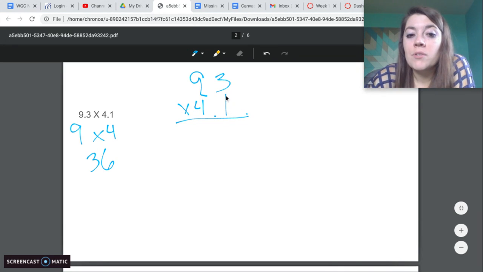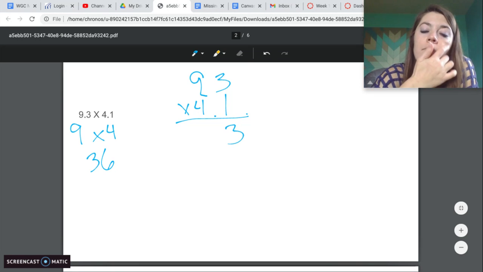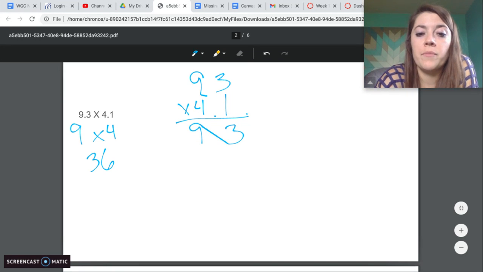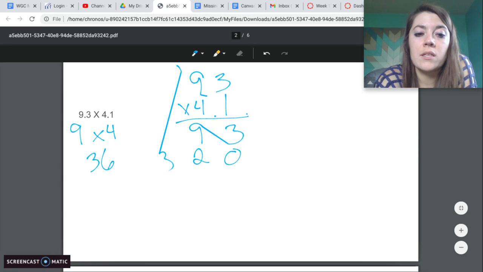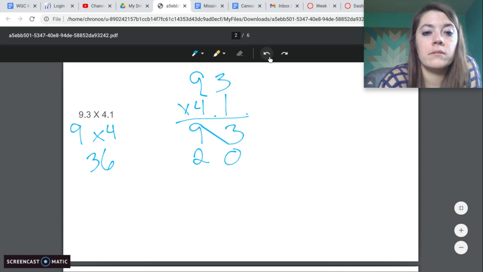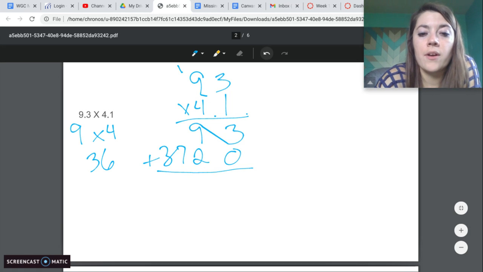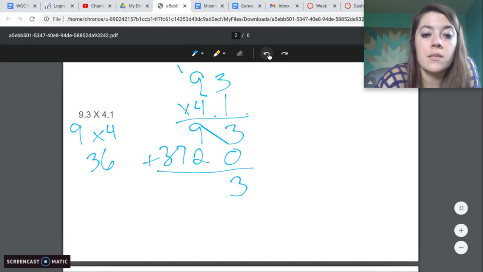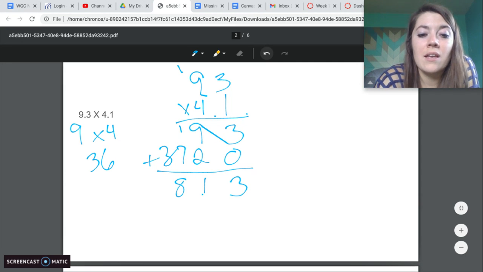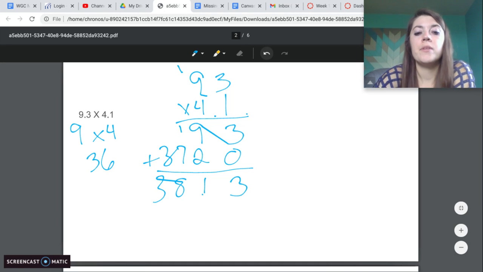So 1 times 3 is 3. 1 times 9 is 9. Remember, put our 0. 4 times 3 is 12. Carry the 1. 4 times 9 is 36, plus 1 is 37. Add these together. 3 plus 0 is 3. 9 plus 2 is 11. Carry the 1. Sorry, I don't know why it does these weird lines. 1, carry the 1. 7 plus 1 is 8, and then 3. So we end up with